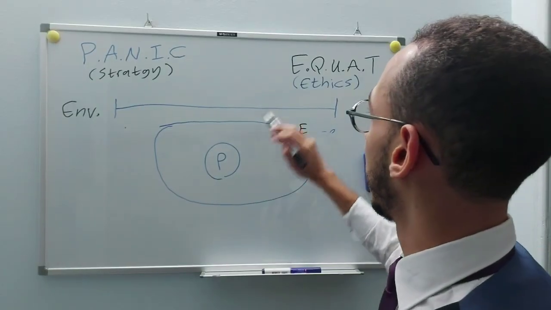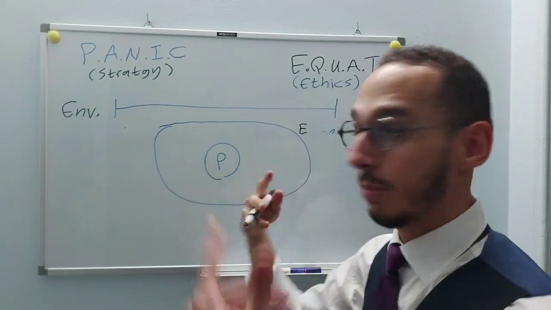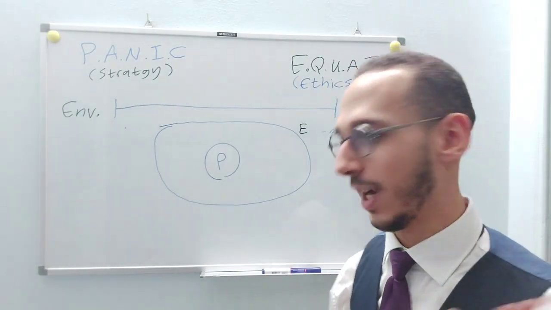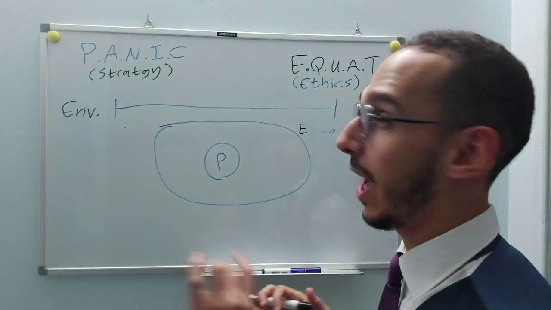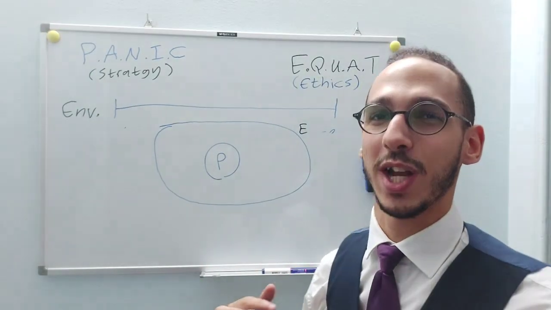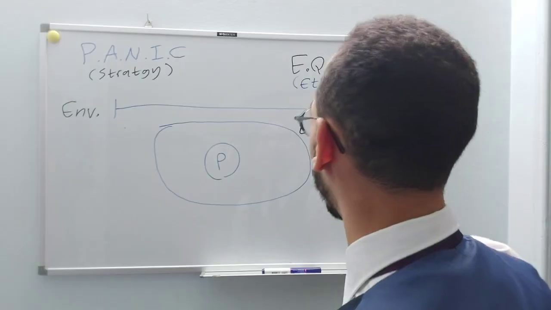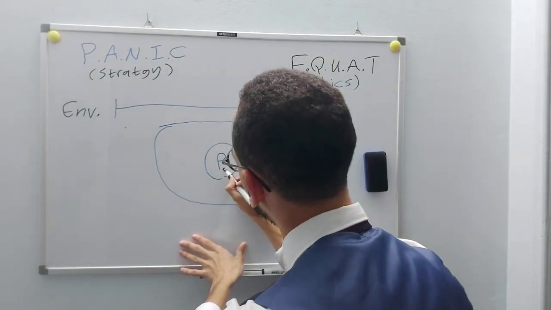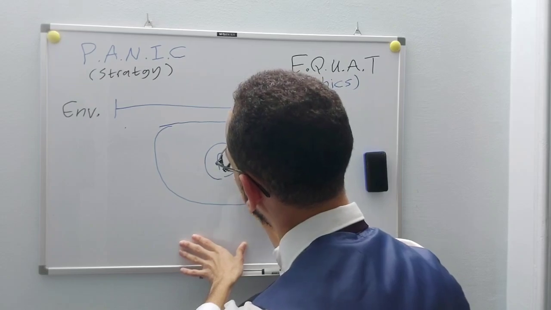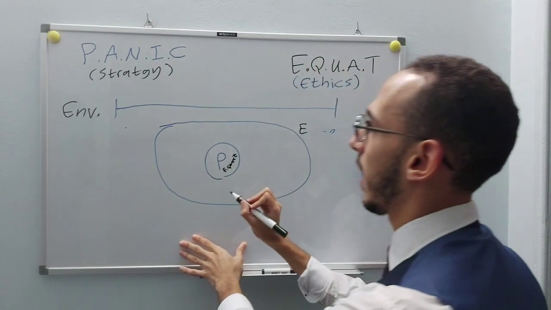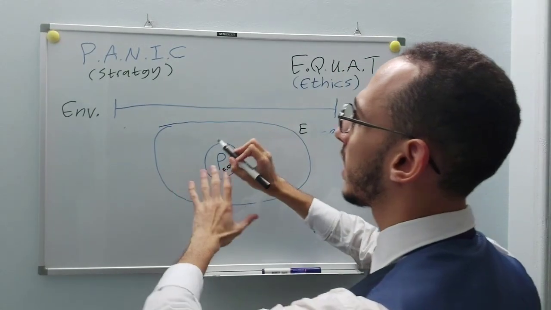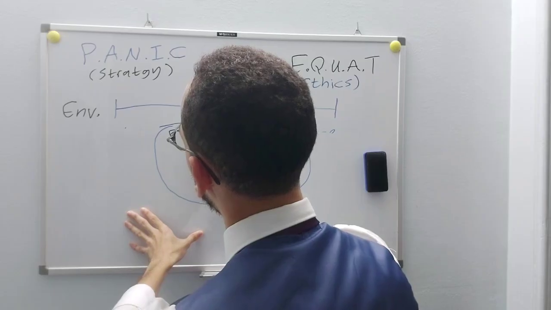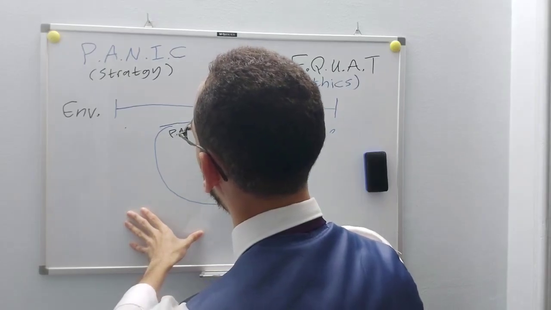The way it works, the E.Q.U.A.T model works on your perception of ethics, which is supposed to be something innate to you. This is, again, back to when we spoke about the channel that these target, that's an inner channel, that's your fitra, that's your nature. The E.Q.U.A.T model targets your nature, right? So let's just write it right here. And the P.A.N.I.C model targets your environment. And we'll explain how right now.